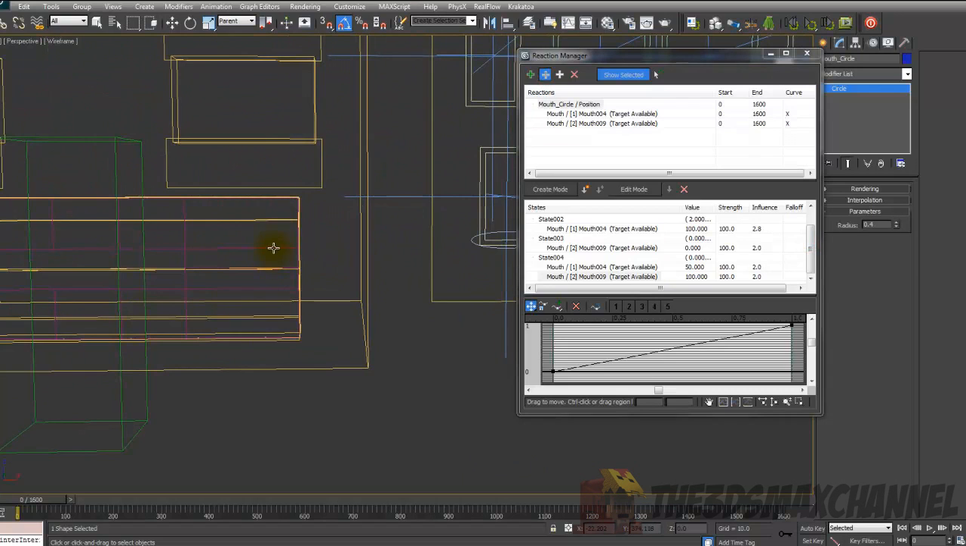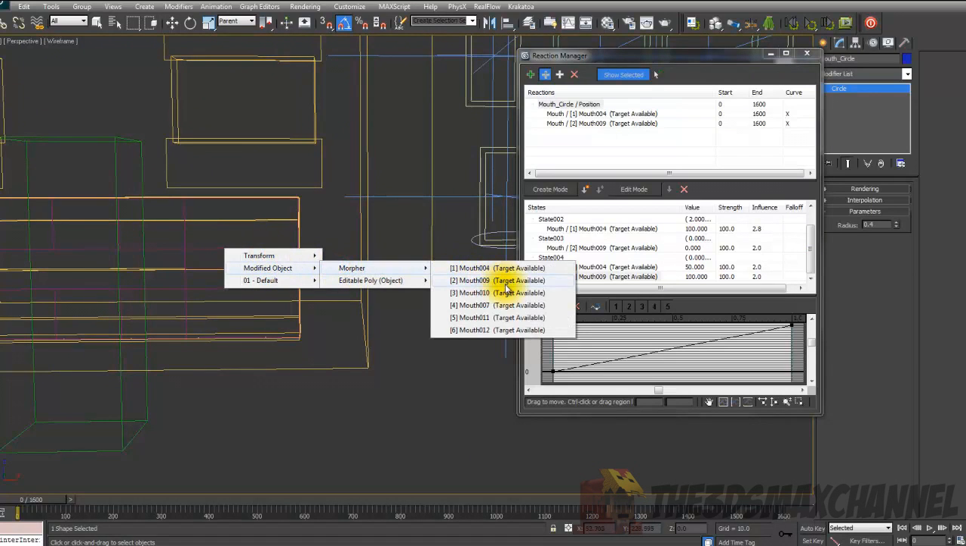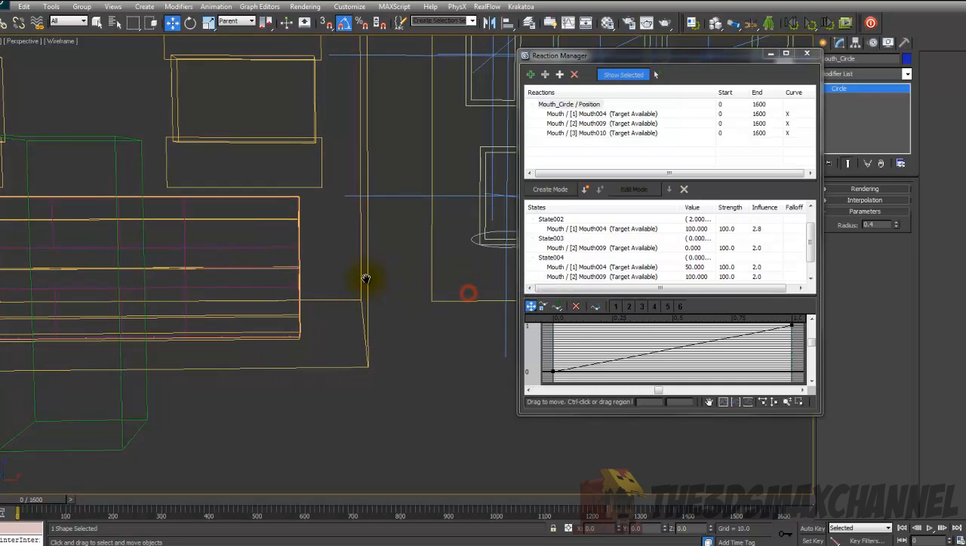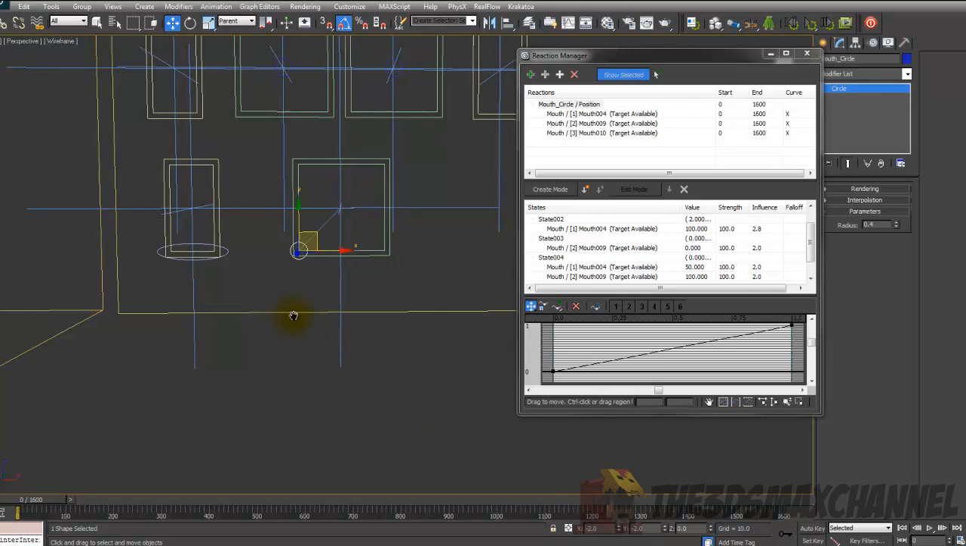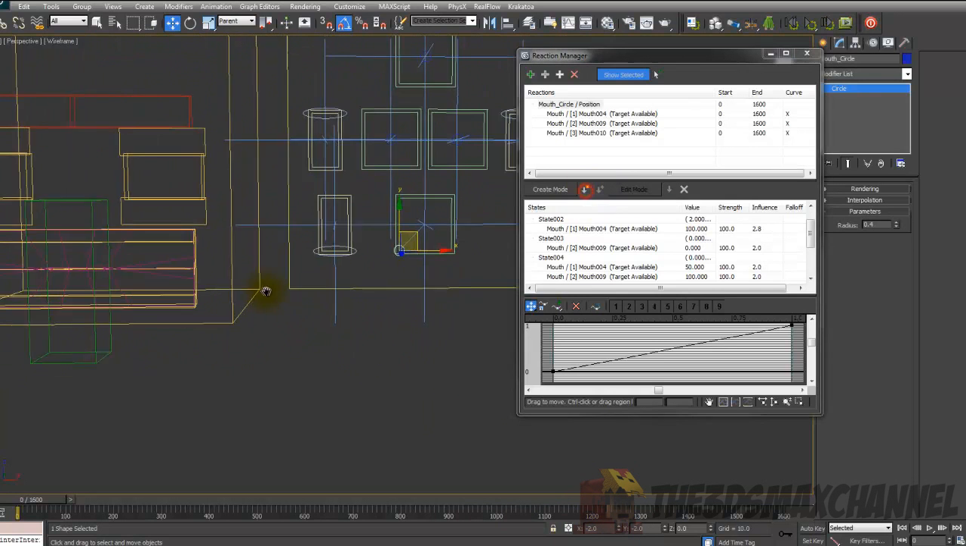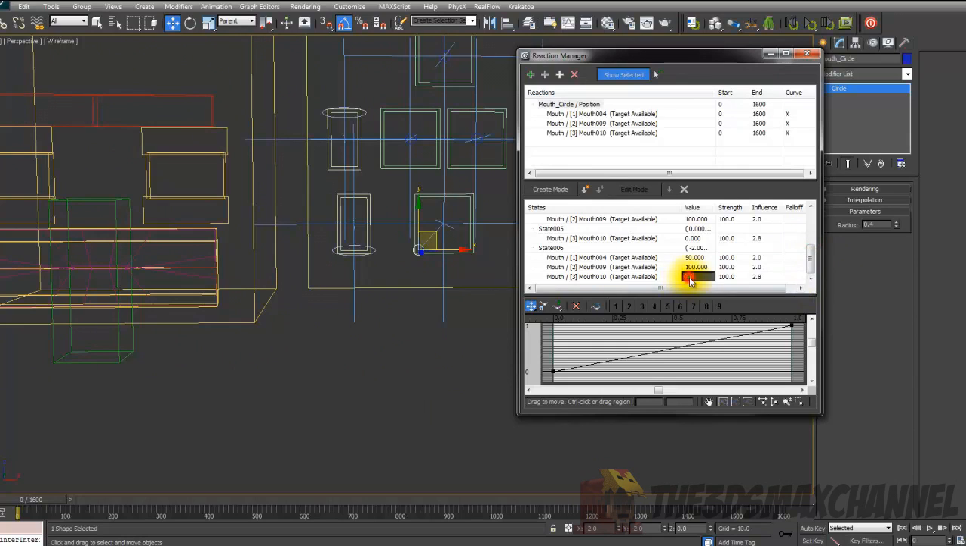So add slave, plane, modified object, morpher, the third one, or whatever, you've got that. And then what you're going to want to do is, again, put it in the left hand corner, and add a state, change the mouth 10 to 100, change the mouth 09 to 0, and mouth 04 to 0,